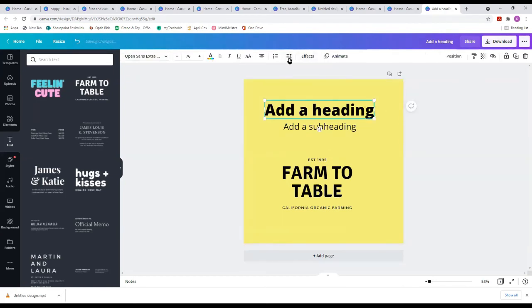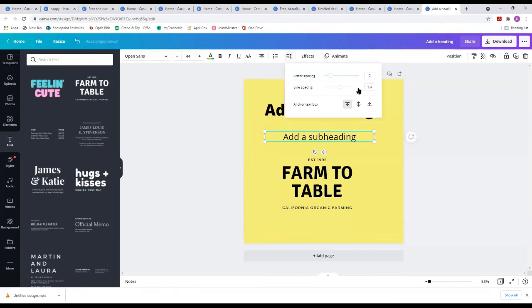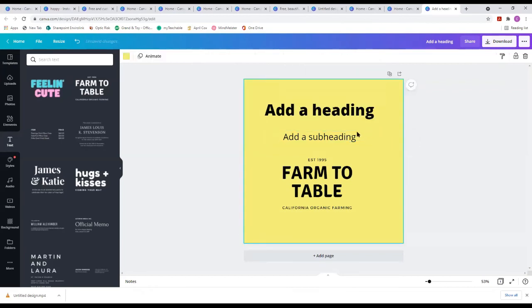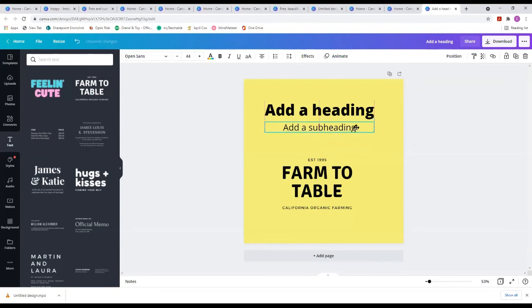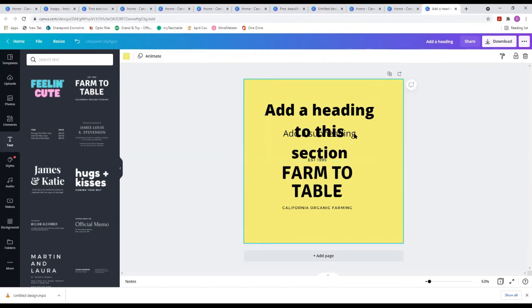I forgot to mention, these are actually spacing. So if I wanted my text here to be closer together, I can take this and change the spacing so that it's closer together. Now that's if it's grouped together. Add a heading to this section. Okay, so I'm gonna get rid of that so you can see this